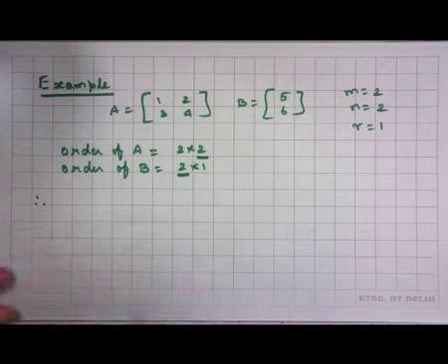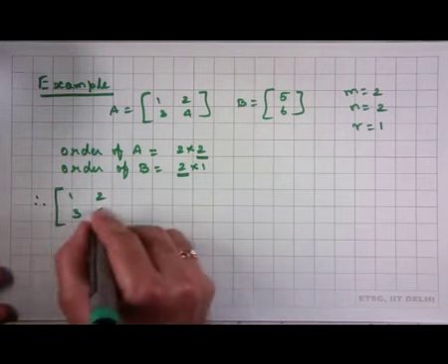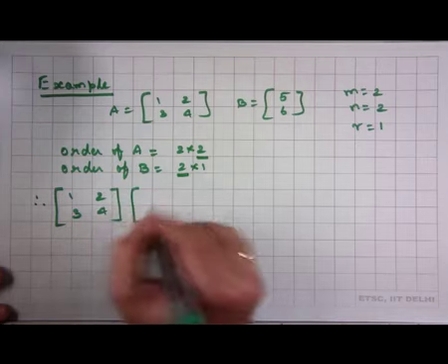Fine. Therefore, 1 2 3 4 multiplied with 5 and 6,